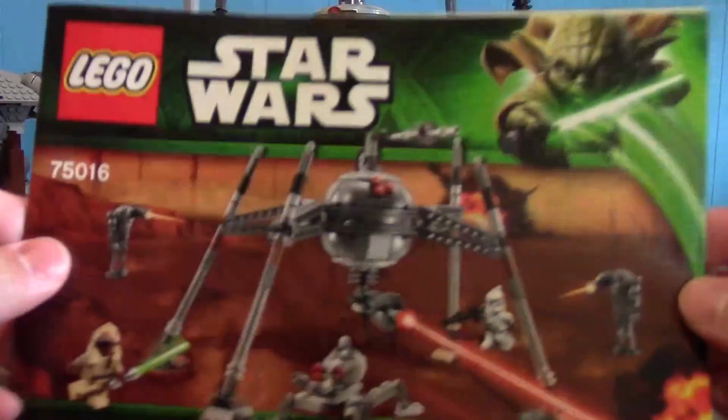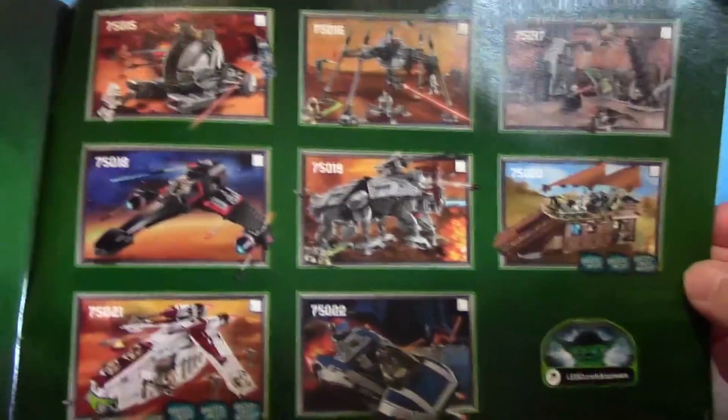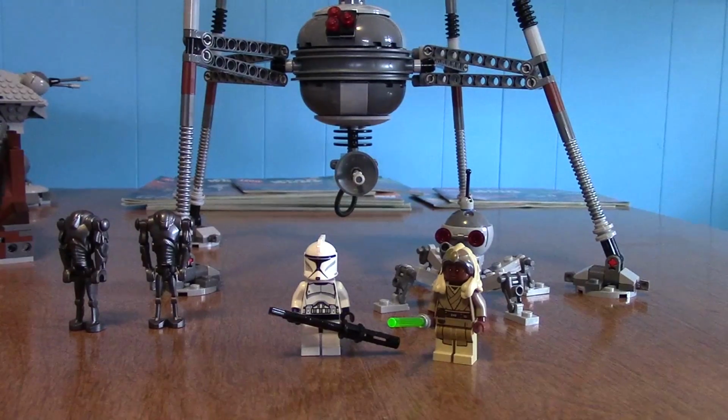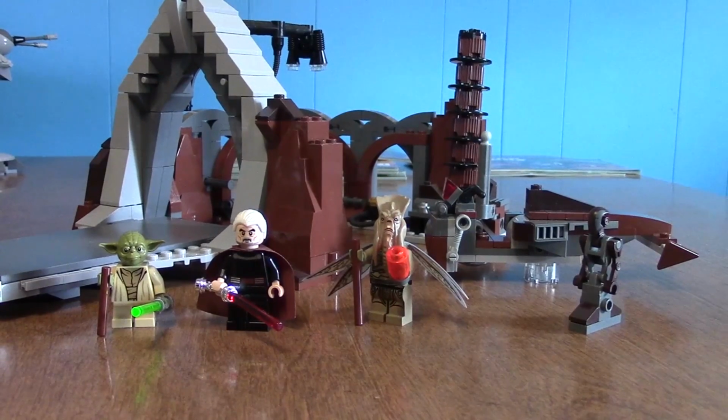There's the box art from the instruction manual. But still, I mean, you can't go wrong with any of these. And there's the ad for the rest of them. I'll show this in just this one and then leave it for the others. But again, great set. And the middle set from this wave, the $40 set, which again, what a great deal